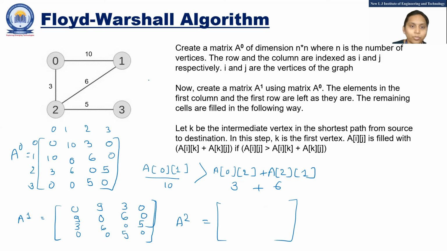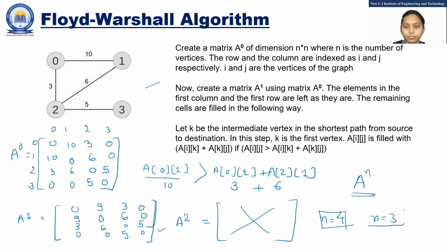So this is a small graph, so you just end up with this A1. You don't require to calculate the A2. But if you have a complex problem, then you require to go further. And how can you understand how many A raised to N you want to calculate? Check, N is the number of nodes. In our case, how many nodes are there? 4. So you maximum can reach N equal to 3. Okay. So you maximum can reach A raised to 3.